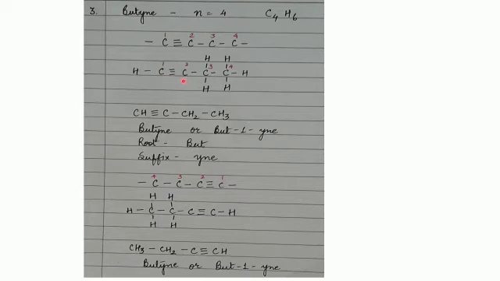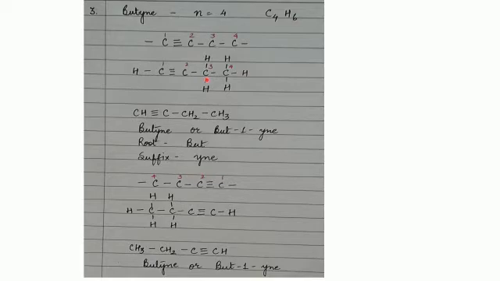Coming to the second carbon, it is sharing 3 electrons with this carbon. So in all, 6 are already present here, and it is forming one single bond with this carbon. So 6 plus 2, that is 8. So the octet for the second carbon is already established. All 4 valencies are satisfied, or all 4 electrons of the second carbon atom are forming a bond. So it does not need any bonding with hydrogen.